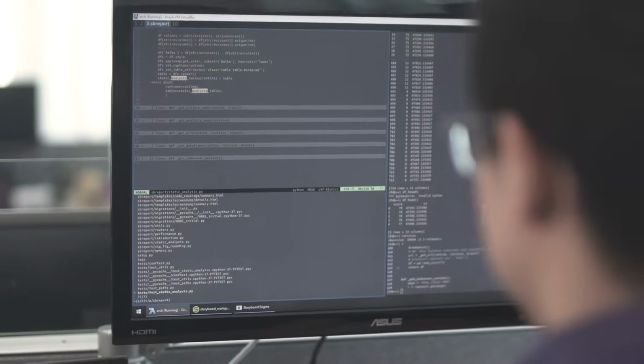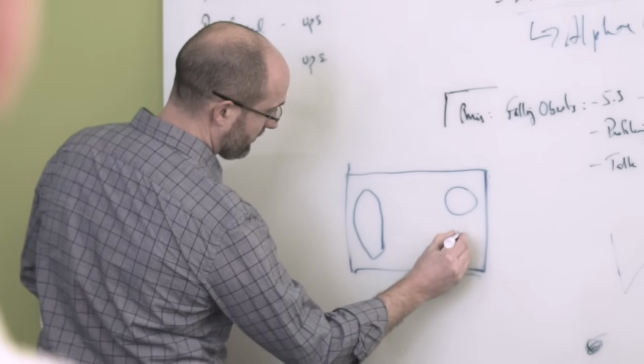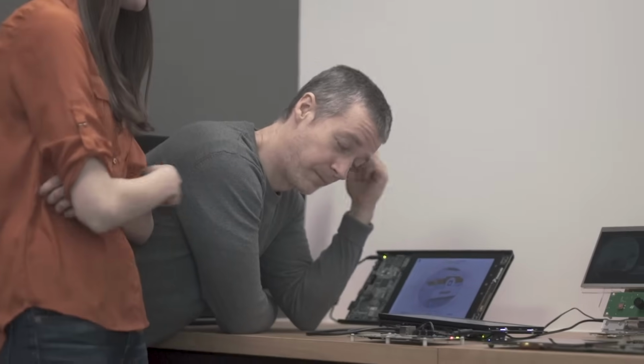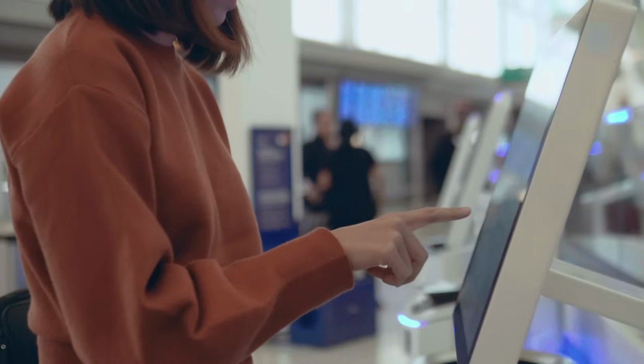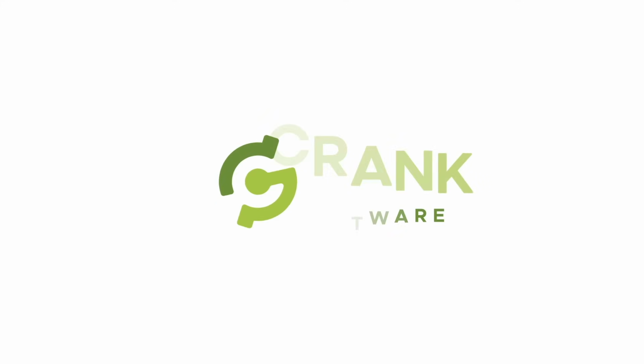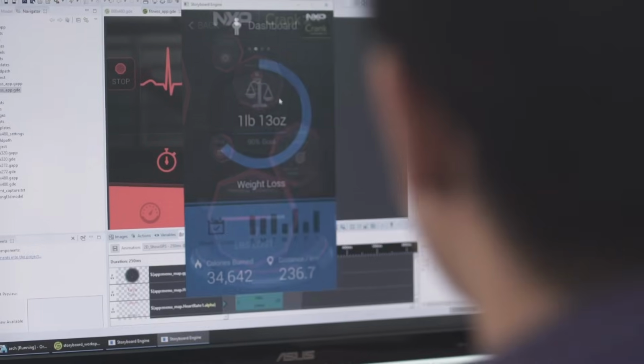Long days, longer nights, fast approaching deadlines with limited resources. From iteration to validation. To then have to do it all again. Why? Because creating an unmatched touchscreen experience takes time. But with Crank software, you now have more power in your hands to get your products to market quicker than